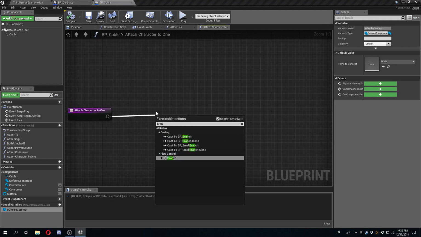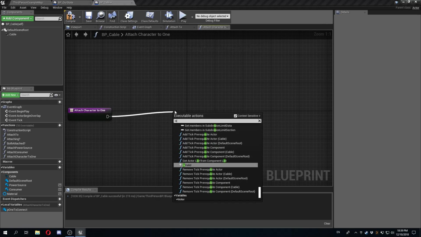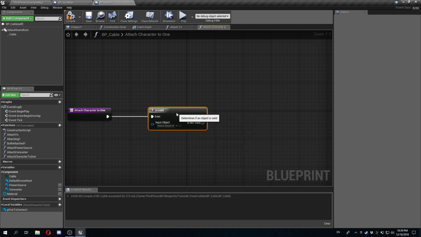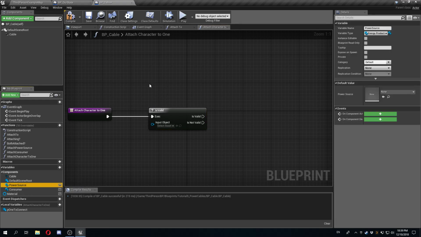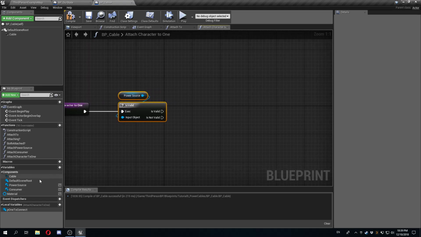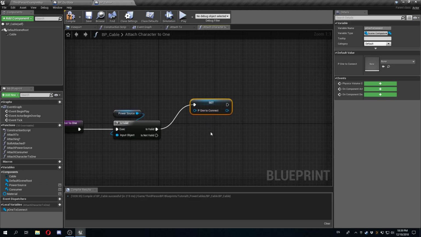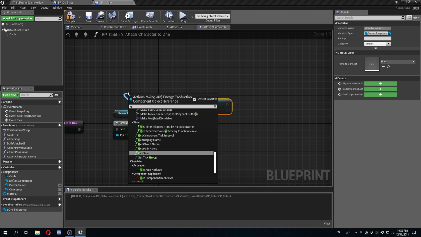So first thing I'm going to do is a branch, and sorry, no, I am going to do an isValid, and what I'm going to use to test this is the power source. So is the power source valid? If the power source is valid, it means I want to connect the power source to the character. So I'm going to set the p1toConnect to be the power source, but I need to get the scene component from it. And the way I'm going to do that is I'm going to do power source get owner,